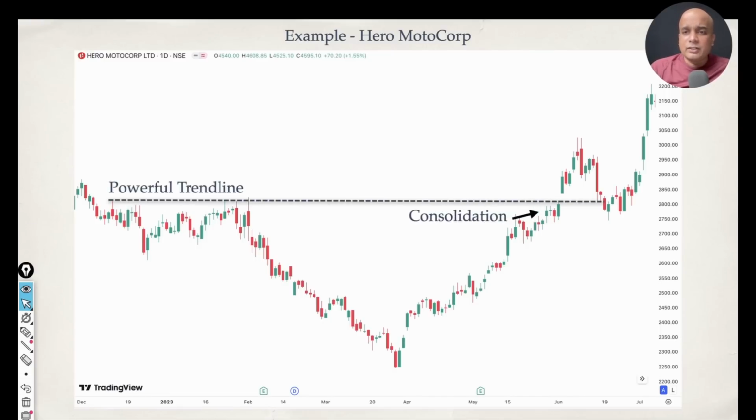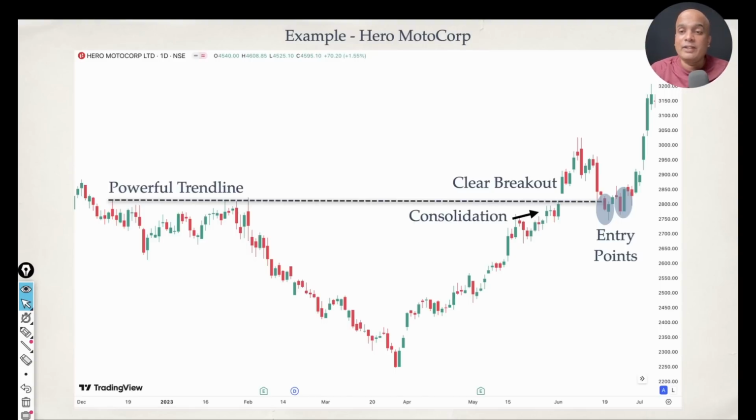Now you can see consolidation, right? It consolidated for 4-5 days before, and also for close to 7-8 days. Consolidation is there, then the breakout is also there. Very clear cut breakout, right? But your entry should come once the price goes up and comes back to the tested level, the breakout level. That's where you can spot your entry.